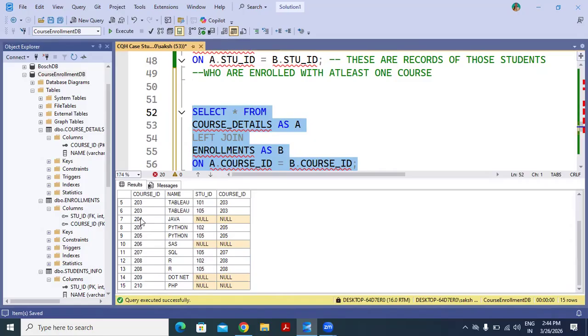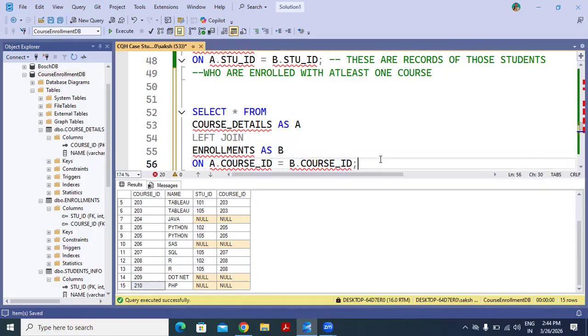So we can see the course IDs 204, 206, 209, 210 have null values in the enrollment table after mapping. It means these are the courses present in the system but not enrolled by any student.